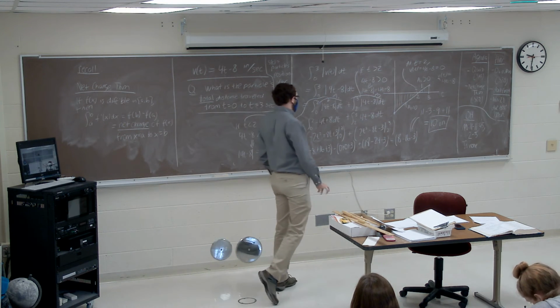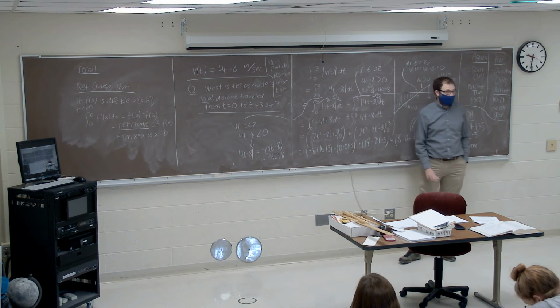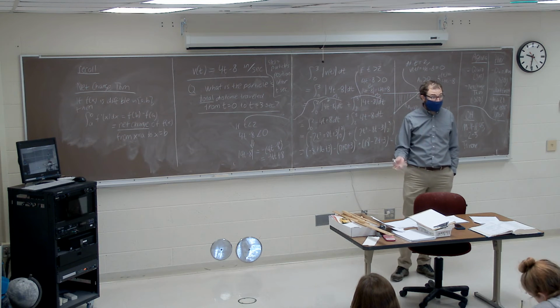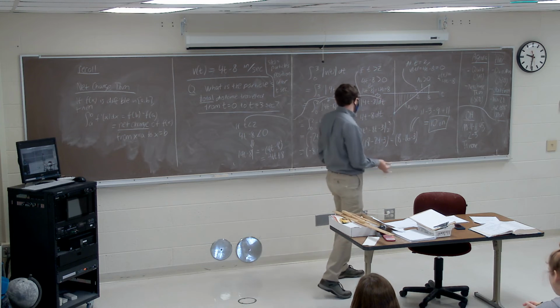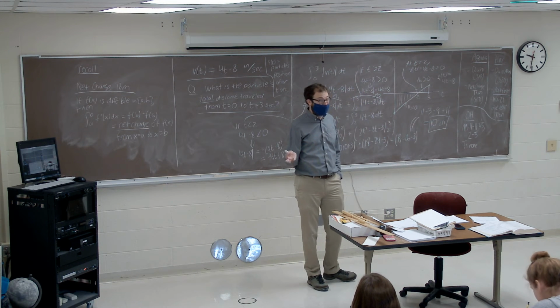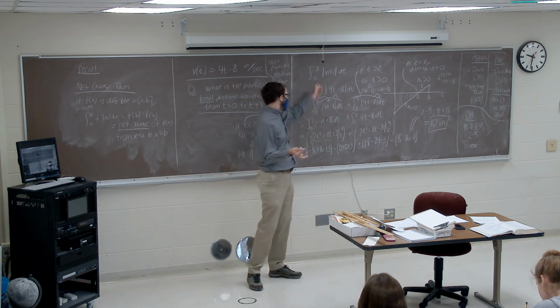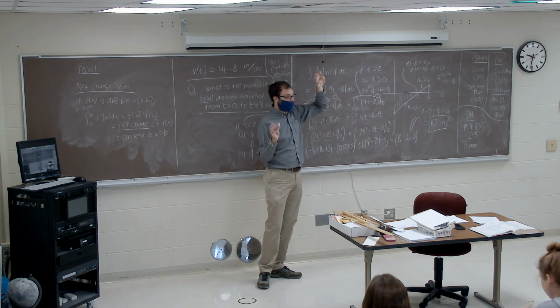Either way, we used the net change theorem and integrated our velocity function, but we had to throw in this absolute value and treat everything as being positive in the case of finding total distance traveled, where we want everything to be positive. Whereas if we're only looking for net displacement, then we don't need to take the absolute value because we're okay with saying going backwards counts as negative.